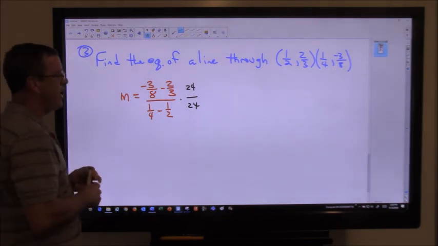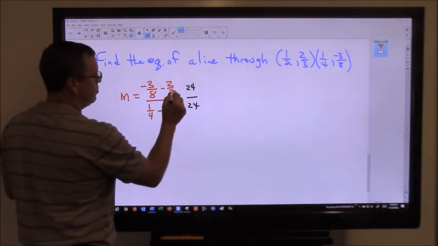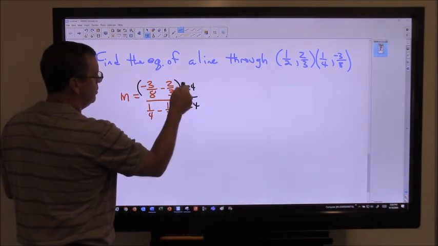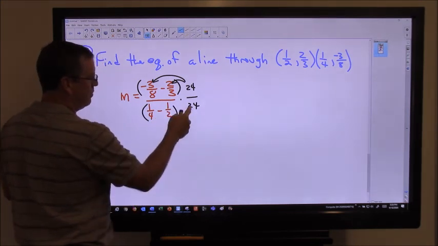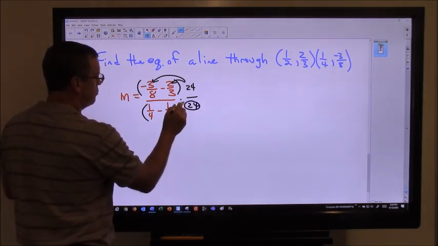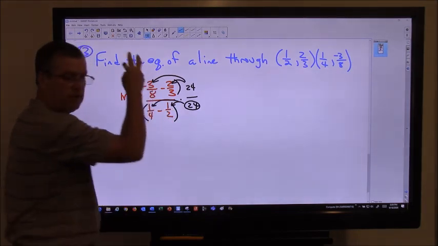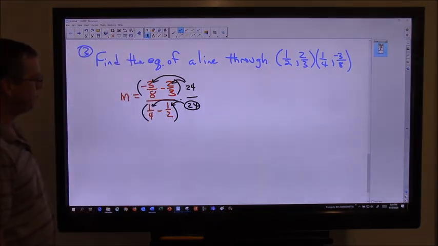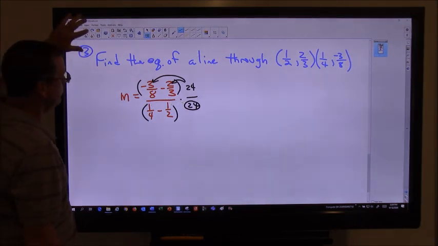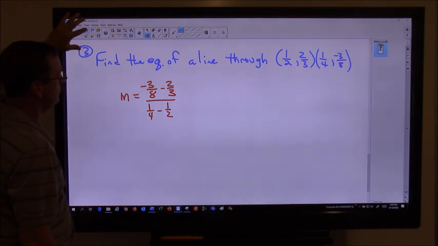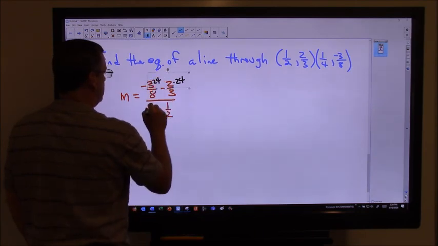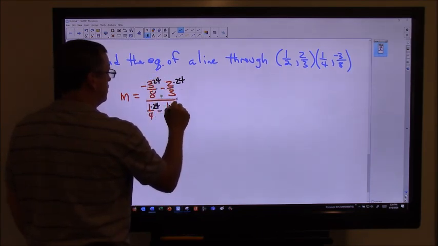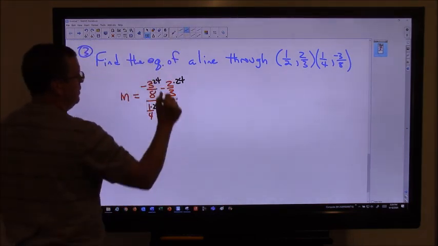So this mess times 1 is going to equal itself, but it's going to look a little cleaner. Okay? I also know that if I'm going to multiply the numerator times 24, I'm going to have to distribute that to each of these fractions. And the same thing's going to happen down here. An integer times a fraction, just distribute it right into the numerators, like on the previous problem. Okay? So usually what I do is, instead of writing it this way, let me back up a little bit, I just do this. Times 24, times 24, times 24, times 24. Okay? And then